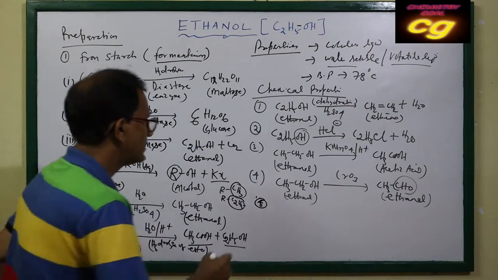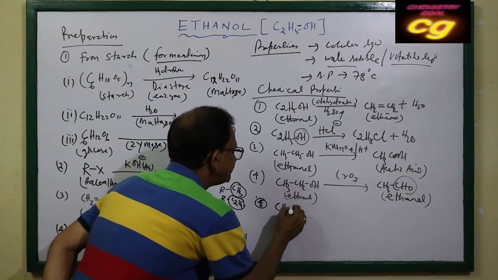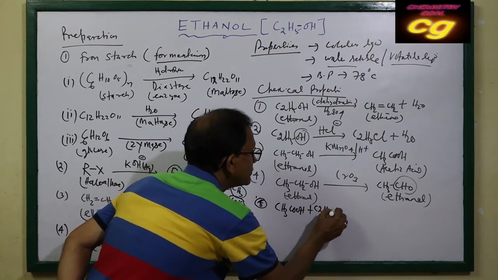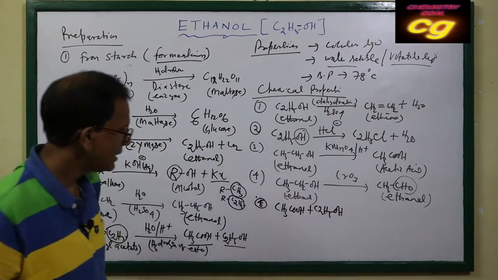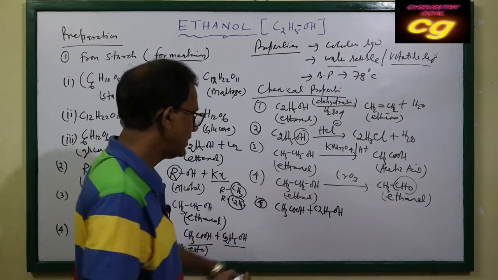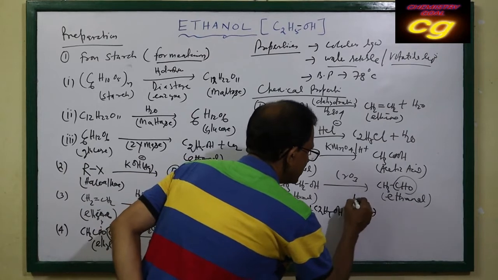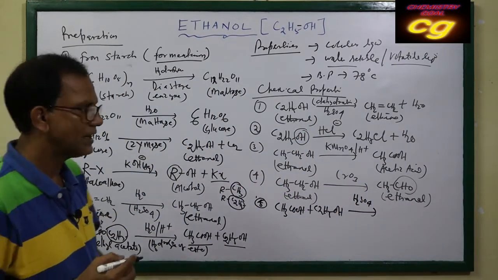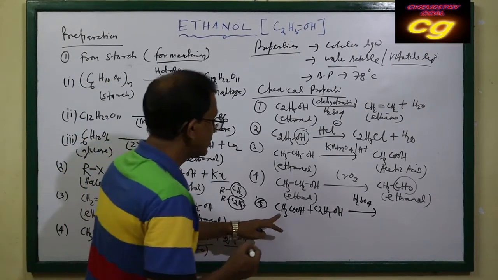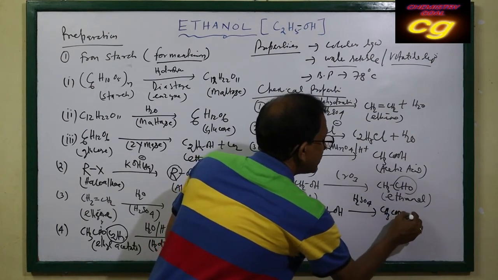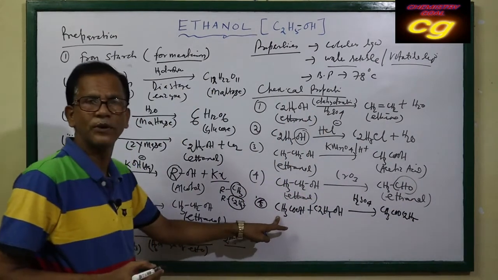if you take carboxylic acid and alcohol C2H5OH. Here you see carboxylic acid plus alcohol in presence of sulfuric acid, which acts as a catalyst, produces ester, CH3COO-C2H5, that is ester. Ester general formula is